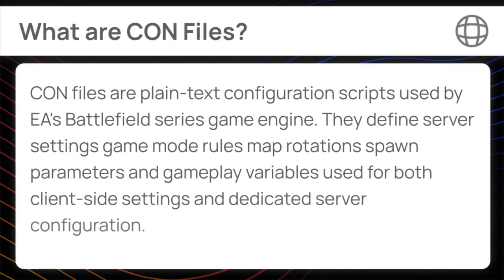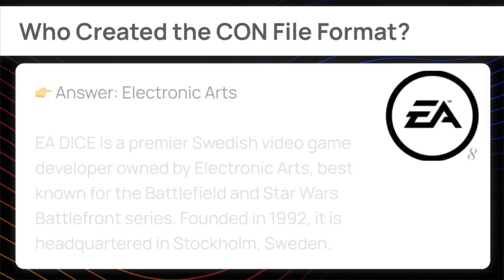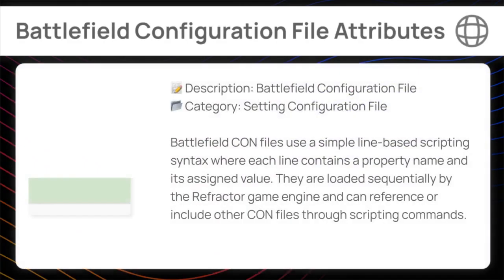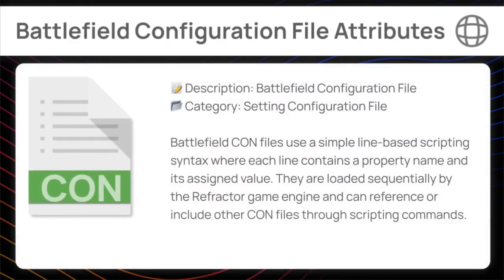CON files are plaintext configuration scripts used by EA's Battlefield series game engine. They define server settings, game mode rules, map rotations, spawn parameters, and gameplay variables, used for both client-side settings and dedicated server configuration. Battlefield CON files use a simple line-based scripting syntax where each line contains a property name and